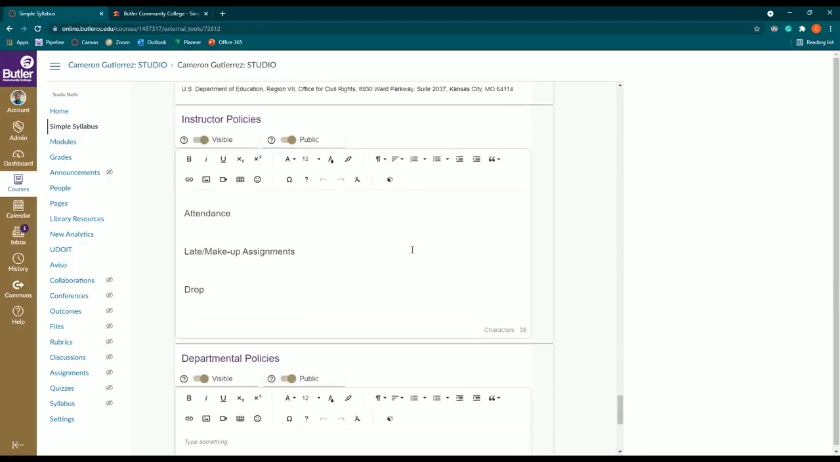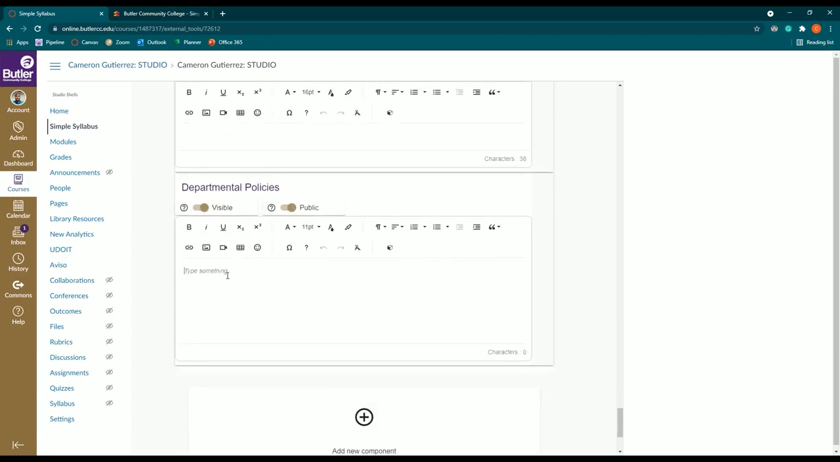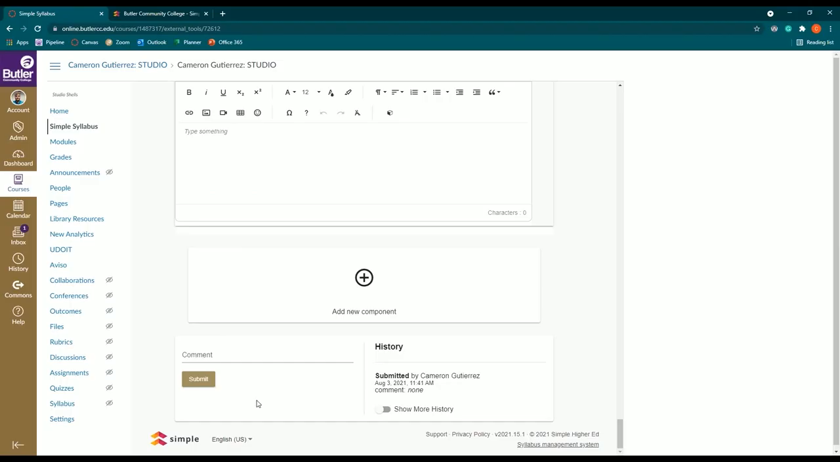The two final components that are left for the instructor to complete are the instructor policies, as well as the departmental policies. Instructor policies will be auto-populated with attendance, late makeup assignments, and drop. Add any additional policies within this box if you would like to. Departmental policies can be added by typing any information in the box or copy and pasting your former department policies into the box. Once we've completed the syllabus, we simply click the Submit button